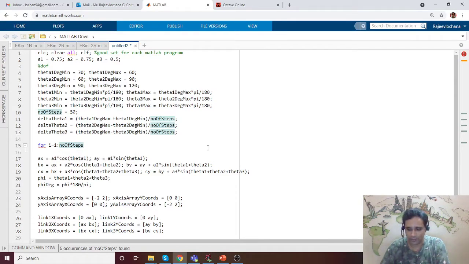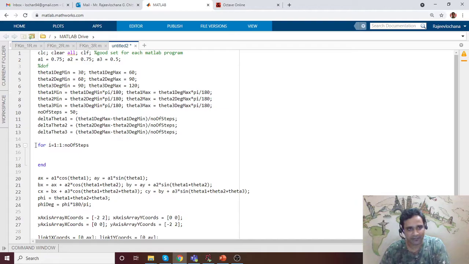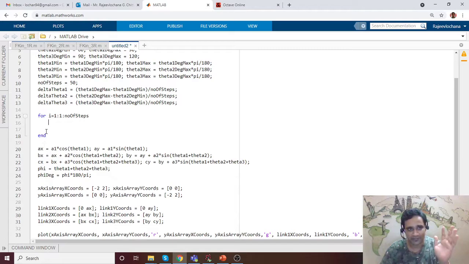Or if you want, you can also write like this: from 1 in steps of 1, increment of 1 till we reach number of steps. And whenever we have a for, please remember to have an end. Otherwise our program might not look very beautiful. Anyway, end is required, but it's always good to have this end.